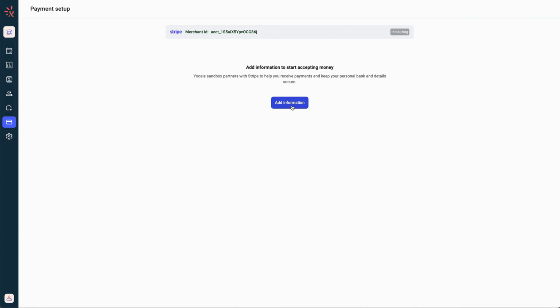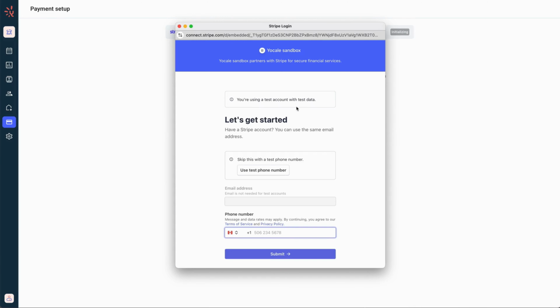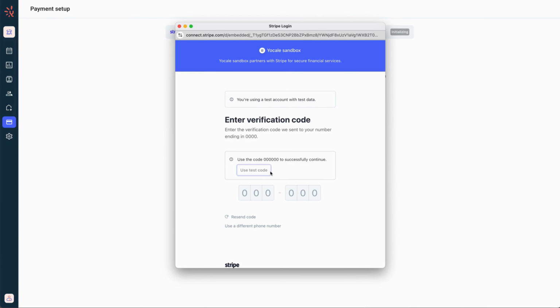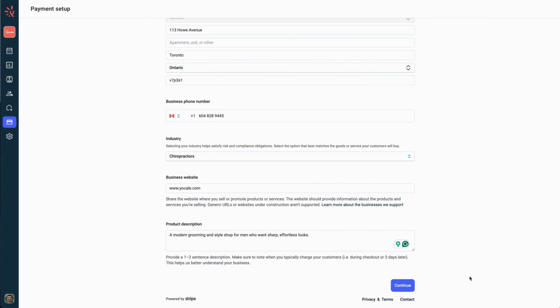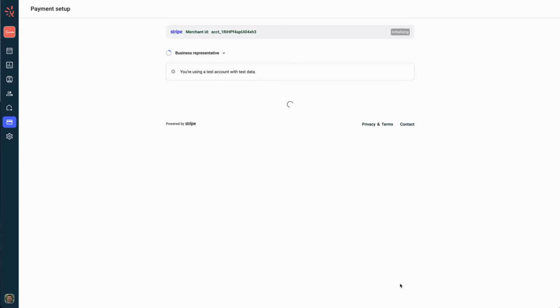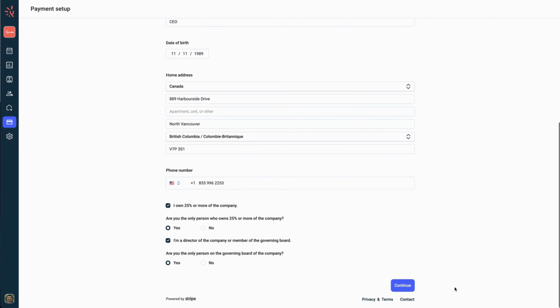After activating Stripe on the account, we can then add information, which is logging into your Stripe account. And after logging in, we can start entering the business details. When we're done, we'll click Continue and move on to entering the business owner details. And we'll press Continue to move on